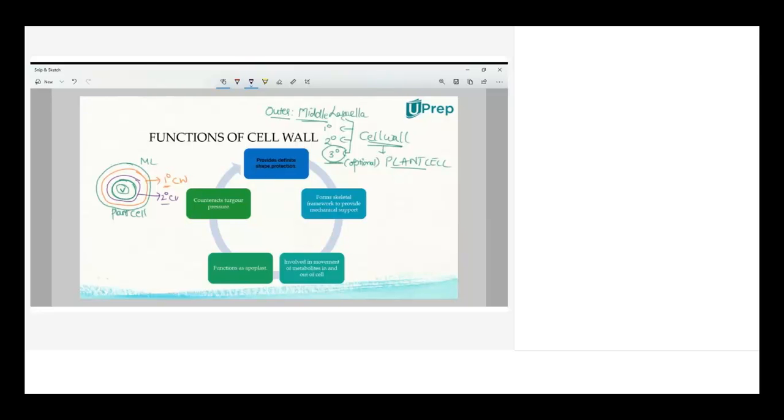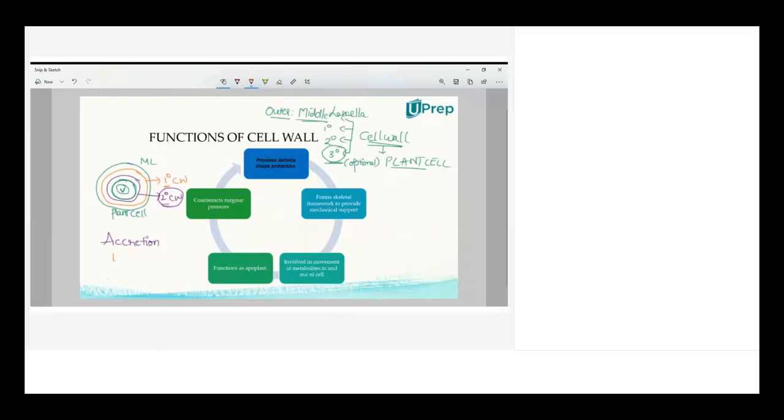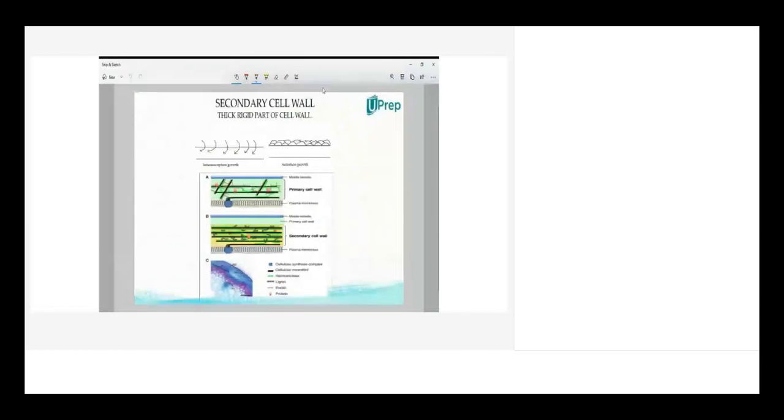Okay. Now when you take the secondary cell wall, the secondary cell wall growth occurs by accretion. Accretion. Then when you take the primary cell wall, the primary cell wall growth occurs by intussusception. Intussusception. This is it. So here when you take the whole cell wall structure, I'm just explaining